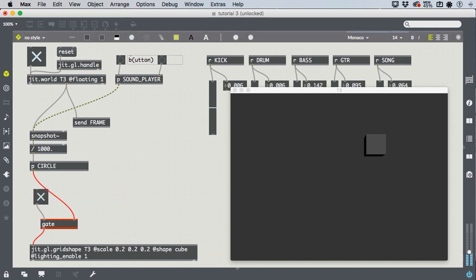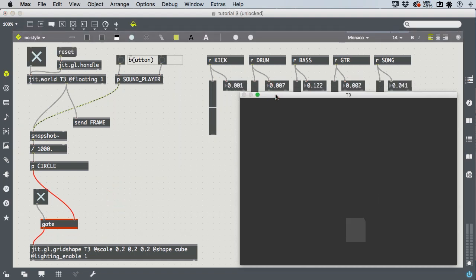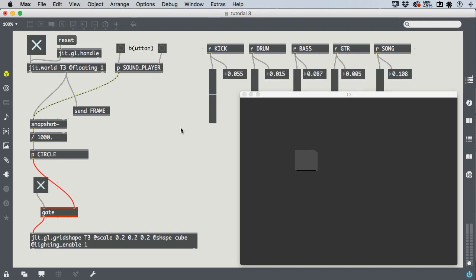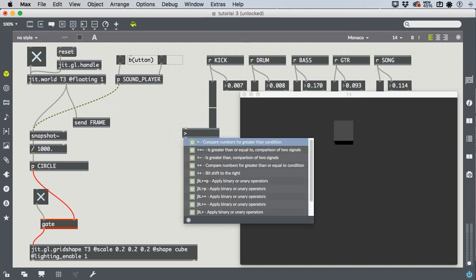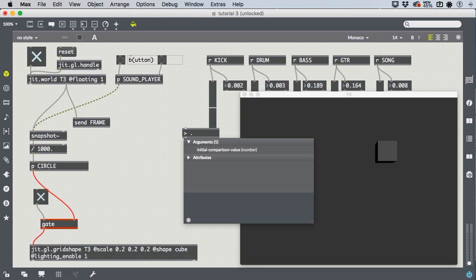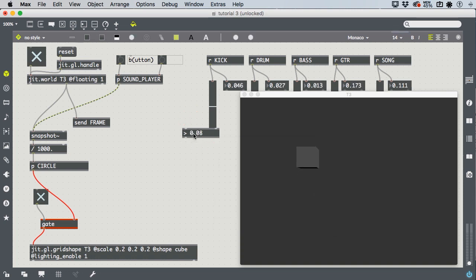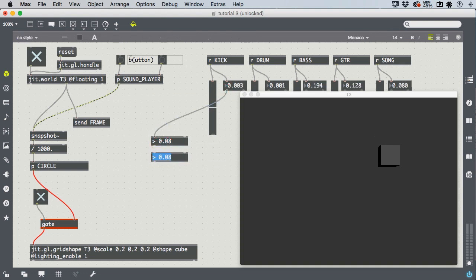So then I can have a condition under which I want the gate to open. For instance, when the kick drum hits. So I can say when the kick drum is greater than, let's say 0.08, change,